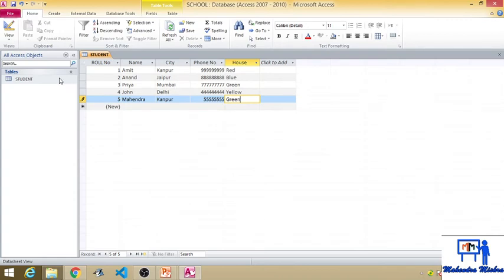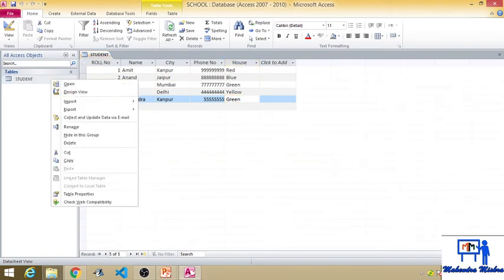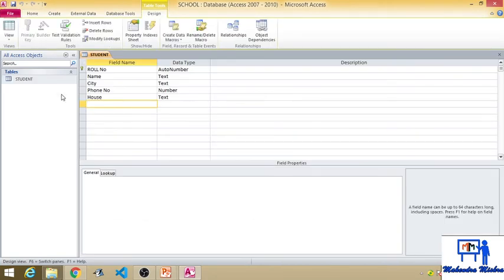Now you can see this is your table, and you can see the design view. Suppose at a later moment you want to add a new field name, you can add it and change the database also. I will put in address.